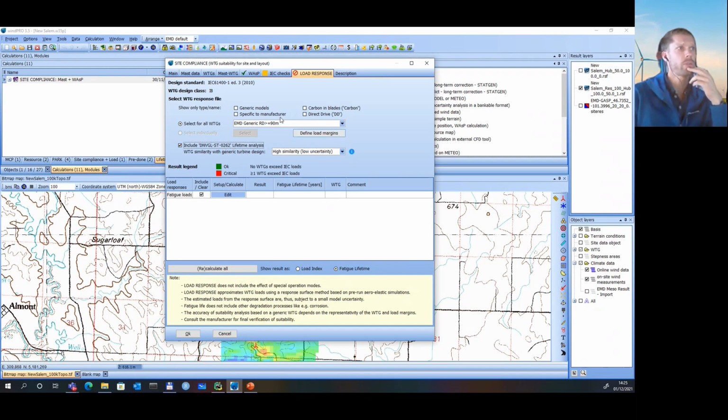Because this is a generic turbine model, we need to quantify the uncertainty. And of course, this is not something that we can fully automate. We need some user input. So we've divided this into 3 categories. So you need to evaluate the similarity between the generic model used and the model for which we're doing this